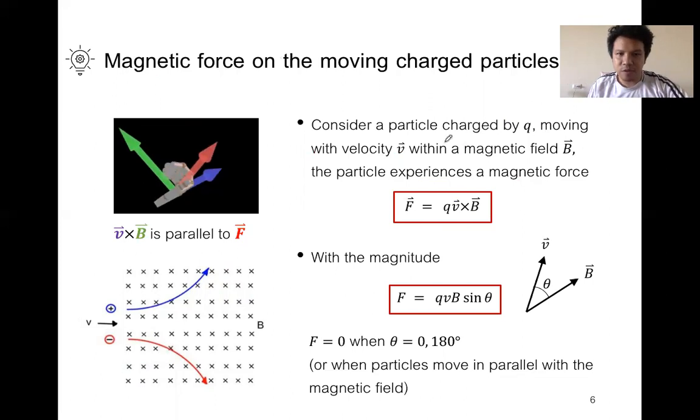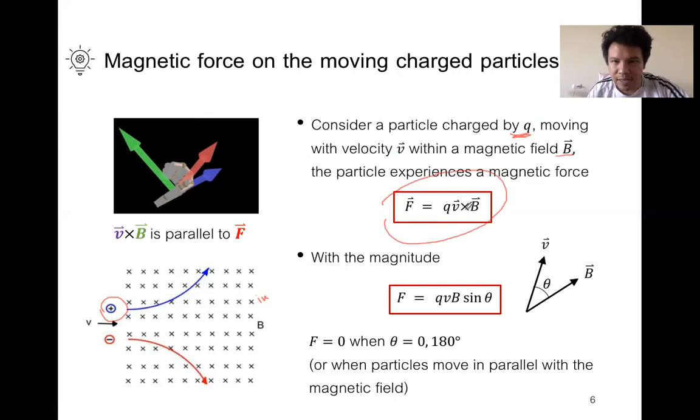Firstly, we consider a particle of charge q. Like here, this is a particle with charge q moving with velocity v within a magnetic field B. You can see that the direction of the magnetic field B is pointing into the screen, and we can show that the force acting on the particle is